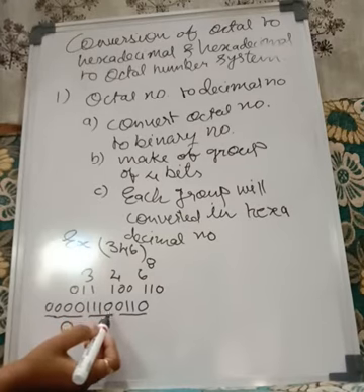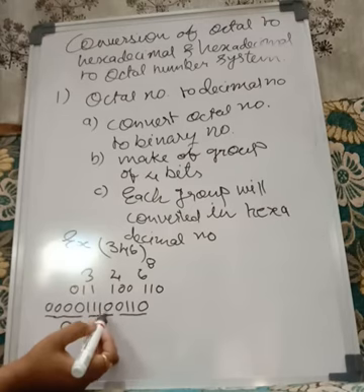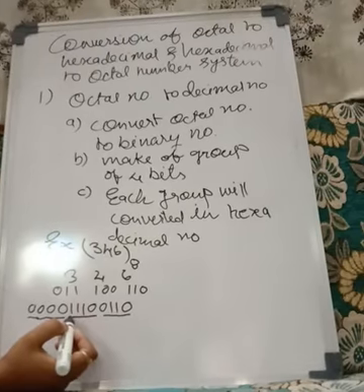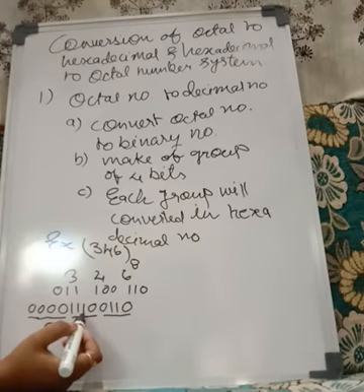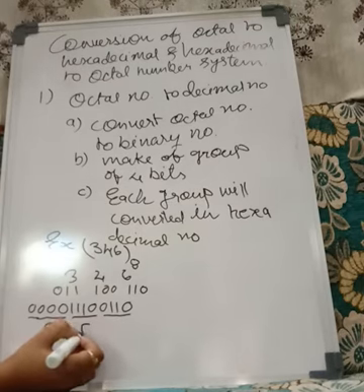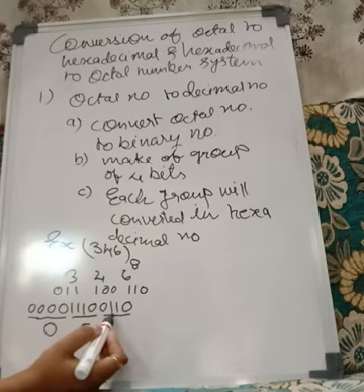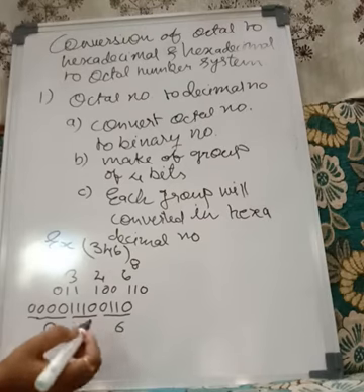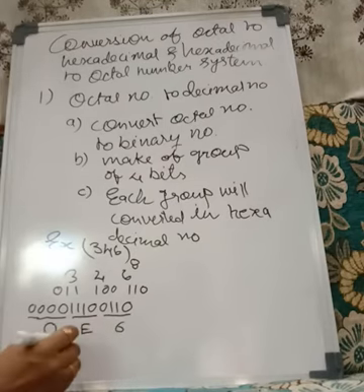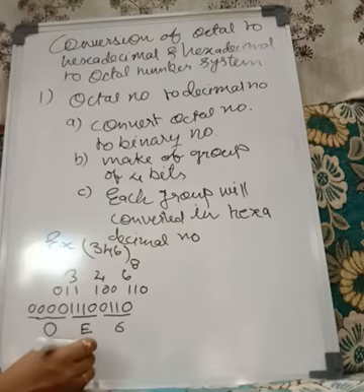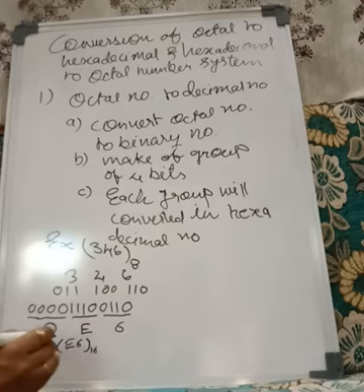we can observe here, 2 to the power 0 into 0 is 0. 2 to the power 1 means 2, 2 to the power 2 means 4, and this is 8. 8 plus 4 plus 2. So this becomes 14, and 14 can be written as E. And this number will be 2 to the power 1 and 2 to the power 2. This becomes 6. So the number we have is E6. And this is the base 16 number.